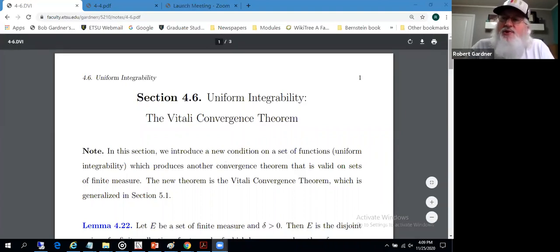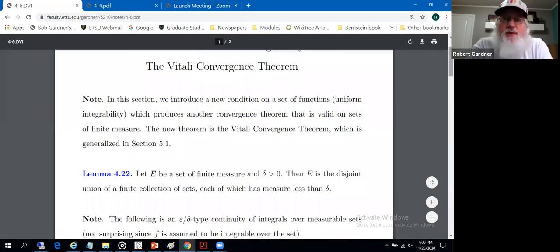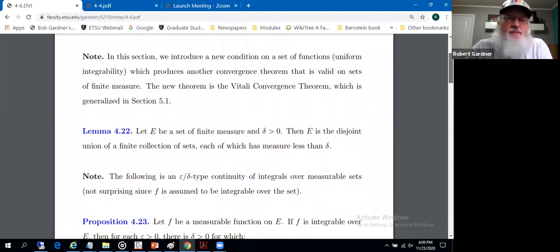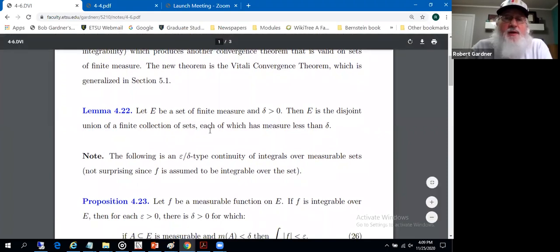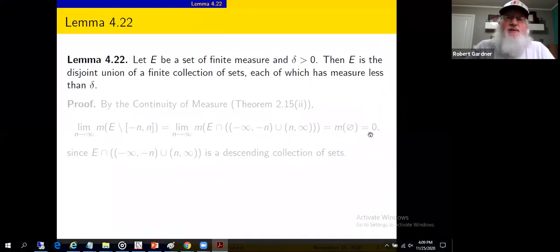This is actually an addition to the fourth edition of the book. This didn't appear, if memory serves, in the third edition of Royden's Real Analysis. So we'll introduce a new condition on a set of functions, this condition of uniform integrability, and this will allow us to prove a new convergence theorem. We need a preliminary lemma. Let's start there. Lemma 4.2 says,